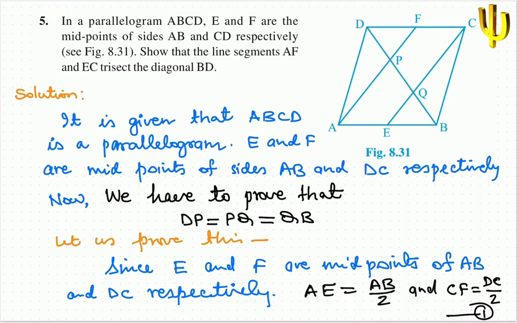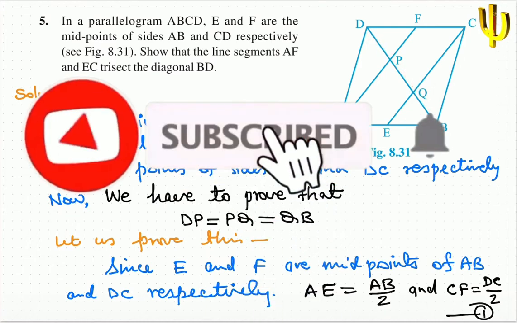So let's solve the problem. It is given that ABCD is a parallelogram. E and F are midpoints of sides AB and DC respectively. Now we have to prove that DP, PQ and QB are all equal. That means AF and EC trisect this diagonal DB. So for this we have to prove that